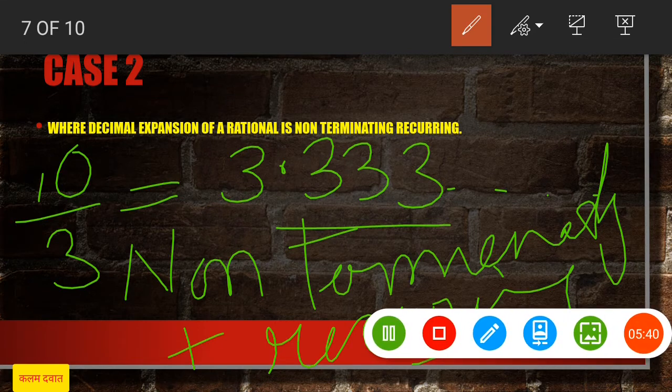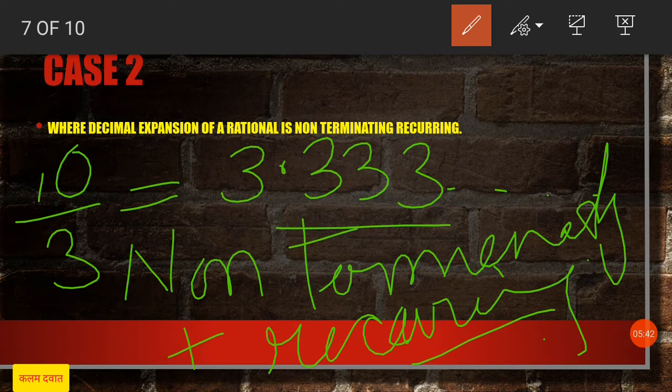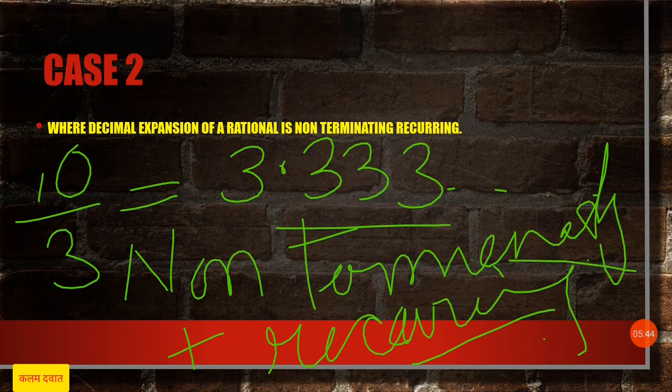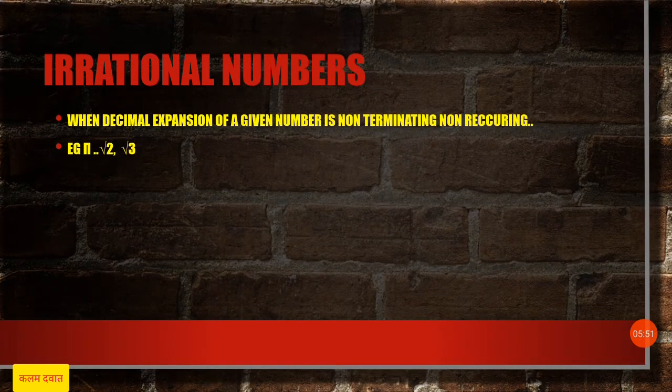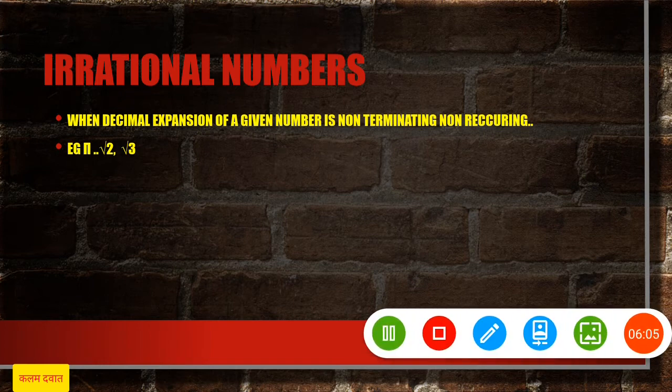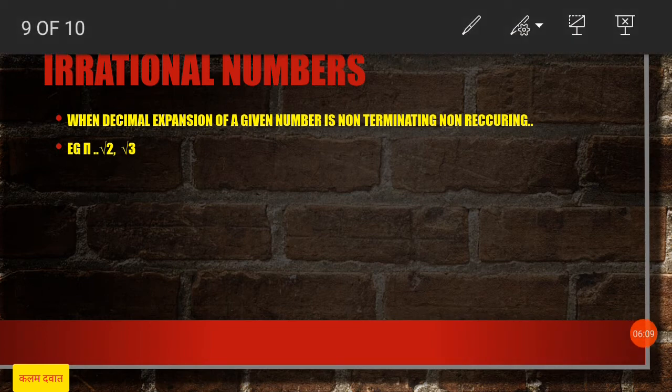The question arises that there must be some number which is non-terminating plus non-repeating too. There must be some number which has in its decimal expansion non-repeating terms, meaning the term is unending and there is no pattern of repeating in the quotient. So in that case the numbers are said to be irrational, like pi. When we divide this, we know pi means 22 upon 7.